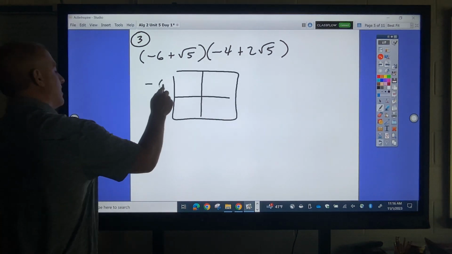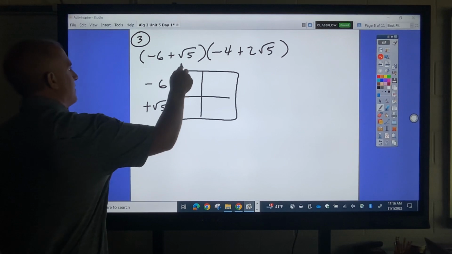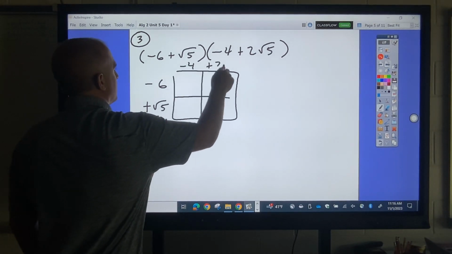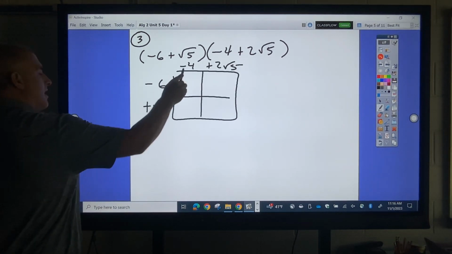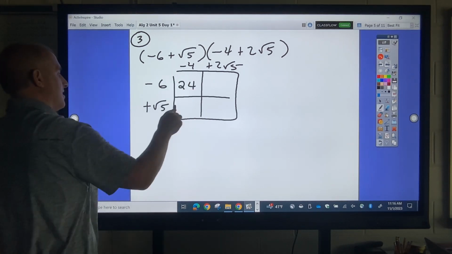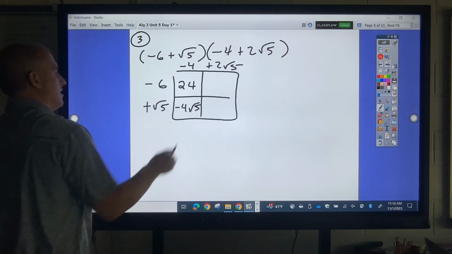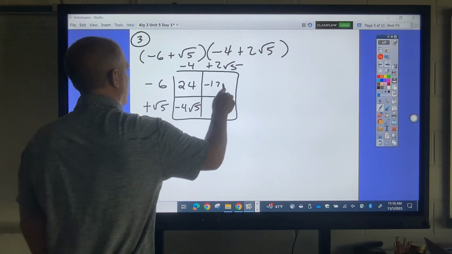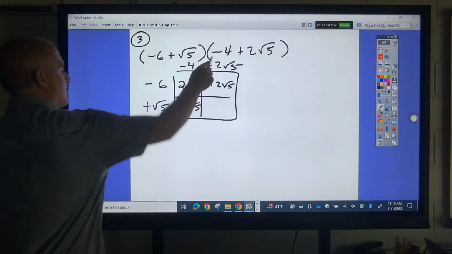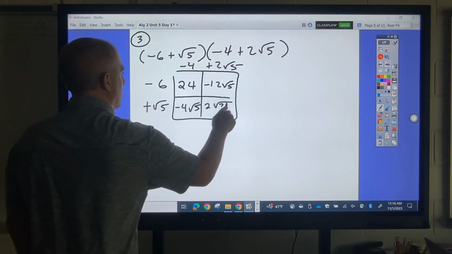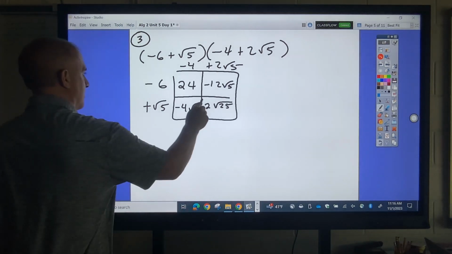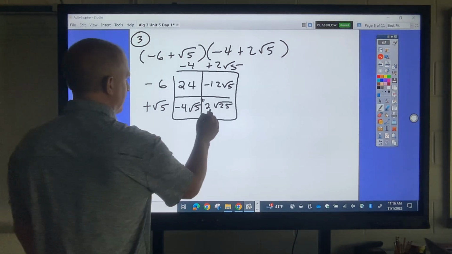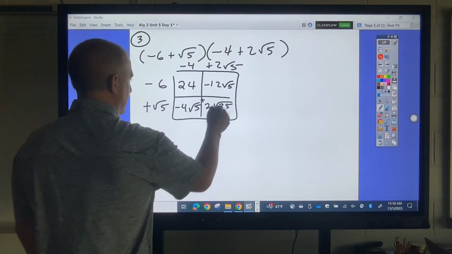So I got negative 6, positive square root of 5, negative 4, positive 2 square root of 5. Okay, this times this is 24. This times this is negative 4 square root of 5. This times this is negative 12 square root of 5. Okay, this times this is 2 square root of 25. Positive. Now this would be 2 times 5, because that's what that is,